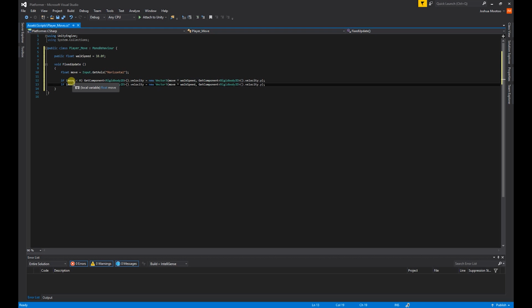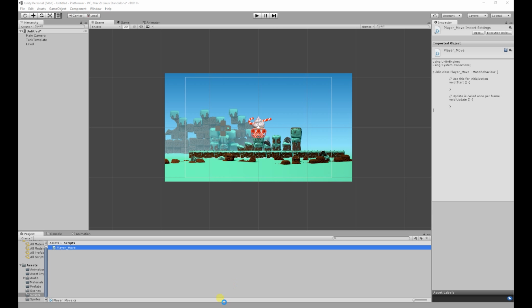So when move is less than 0, it's when you press either the A key or the left key, which will make it -1. And if you press D and right, it will make it +1. So what we're going to do is save that. So I'm going to press Control S. Then we're going to go back to Unity,